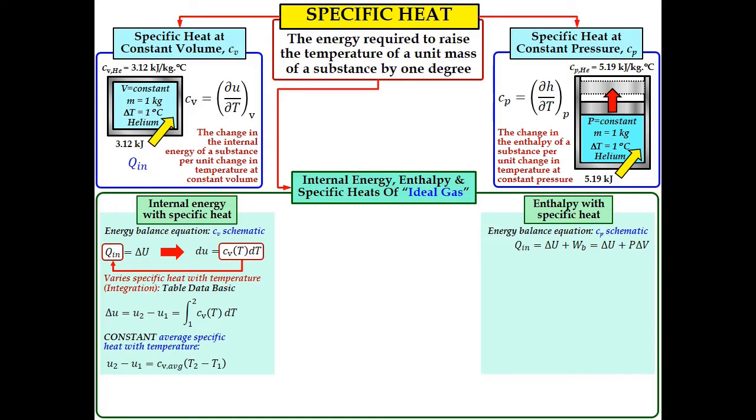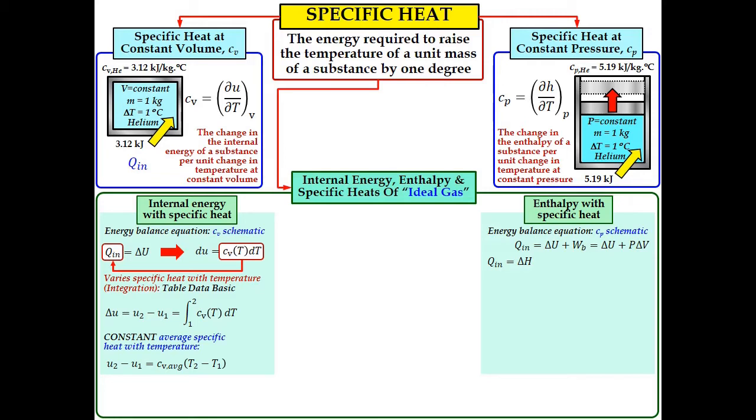So our Q in will be equal to delta U plus boundary work, WB, and the formula for WB is the pressure multiplied by delta V. So we have Q in equal to delta U plus P delta V,